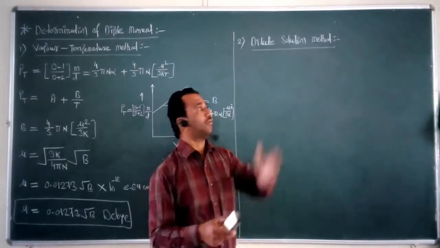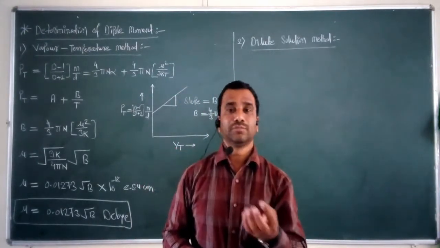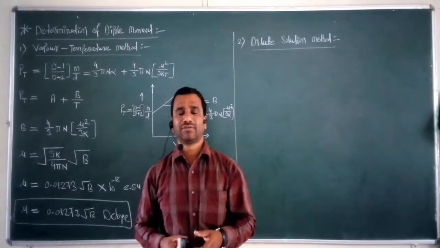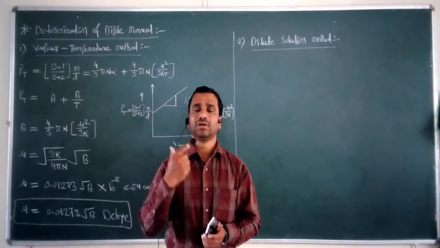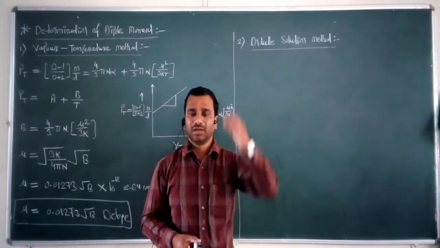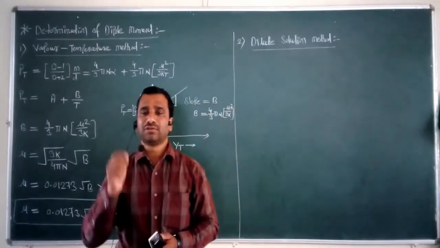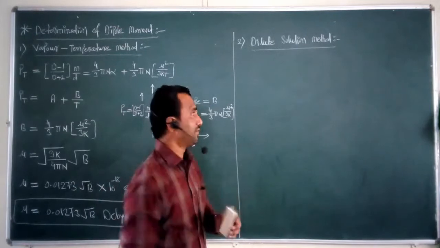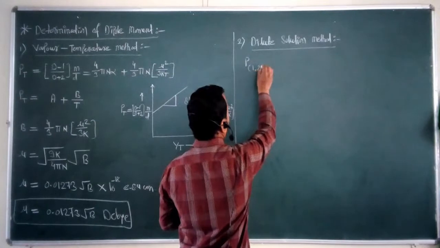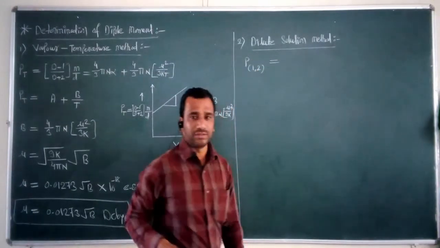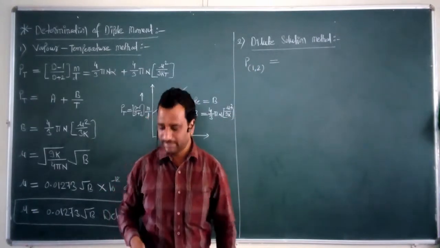So first of all, we have to take a solute. After that, we have to take a proper non-polar solvent such as benzene, CCl4, or n-hexane. Such types of non-polar solvents we have to take, and convert this solute into the solution. After converting this solute into the solution state, what do we have to take into consideration? We have to take into consideration one equation, that is the total molar polarization of a solution, P1,2, and we know that particular equation very well.